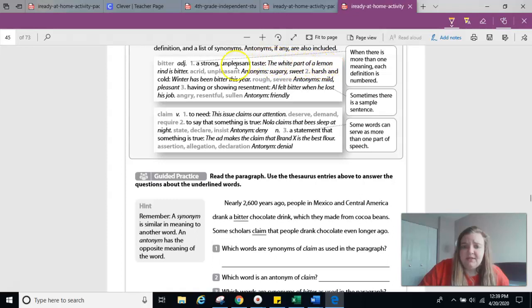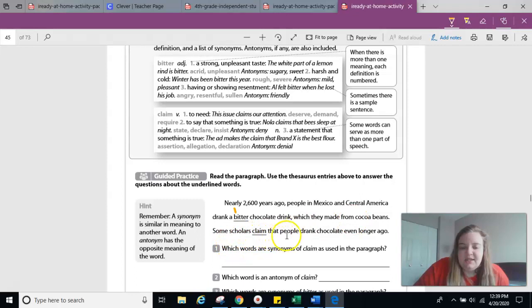The white part of a lemon rind is bitter. So, acrid or unpleasant. So, I don't know about you, but I don't usually use the word bitter to describe something that is particularly unenjoyable. So, one, for bitter,